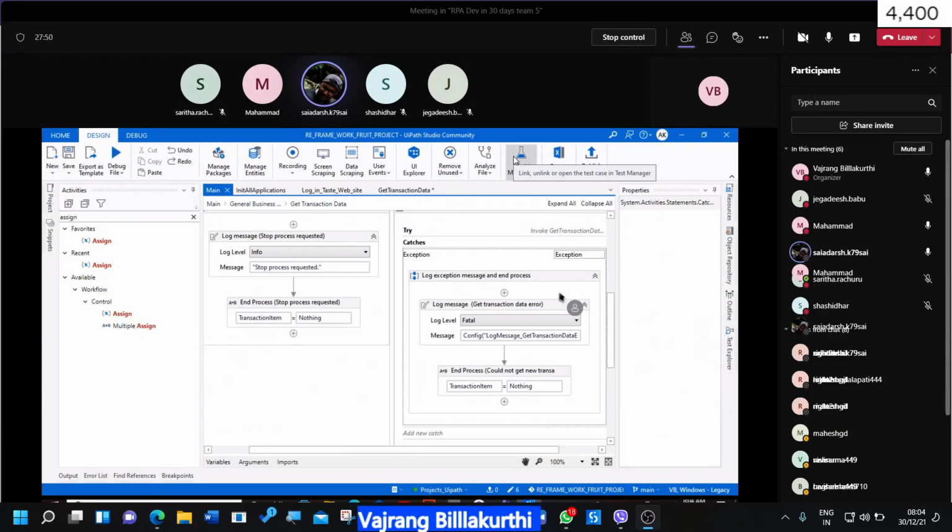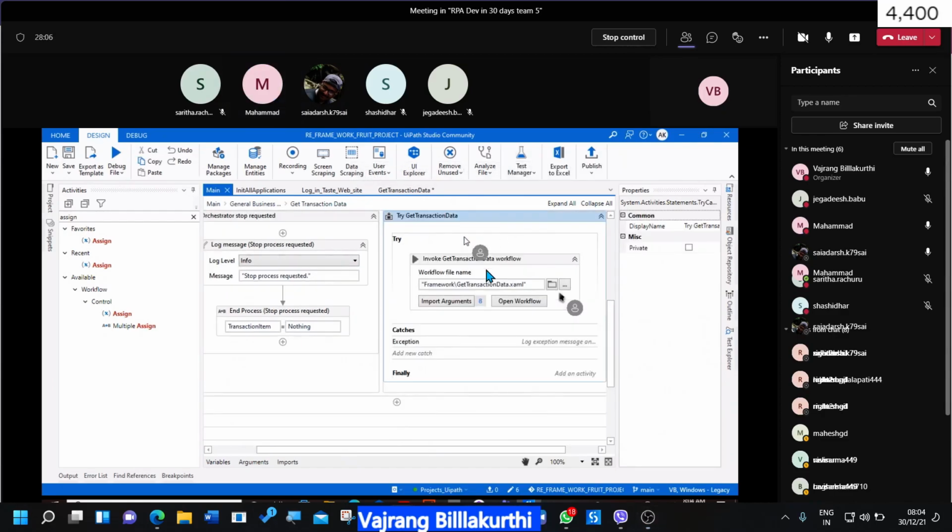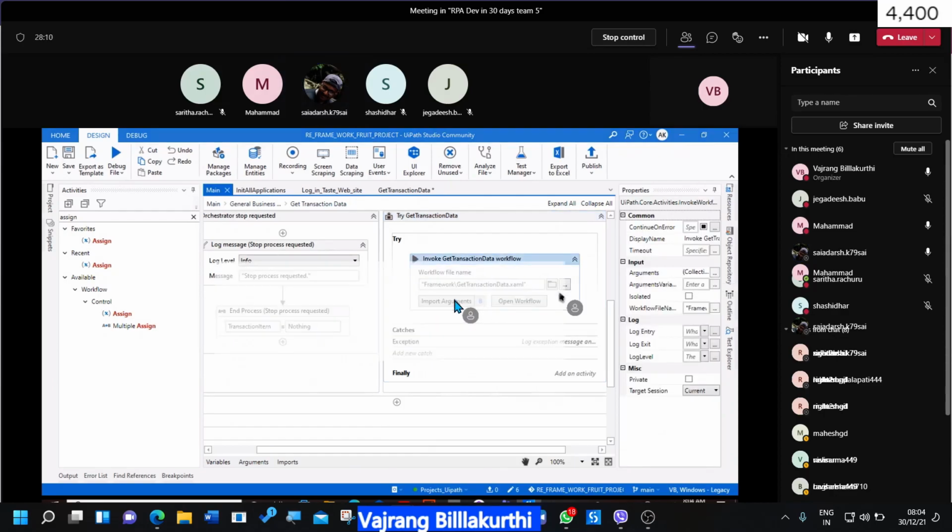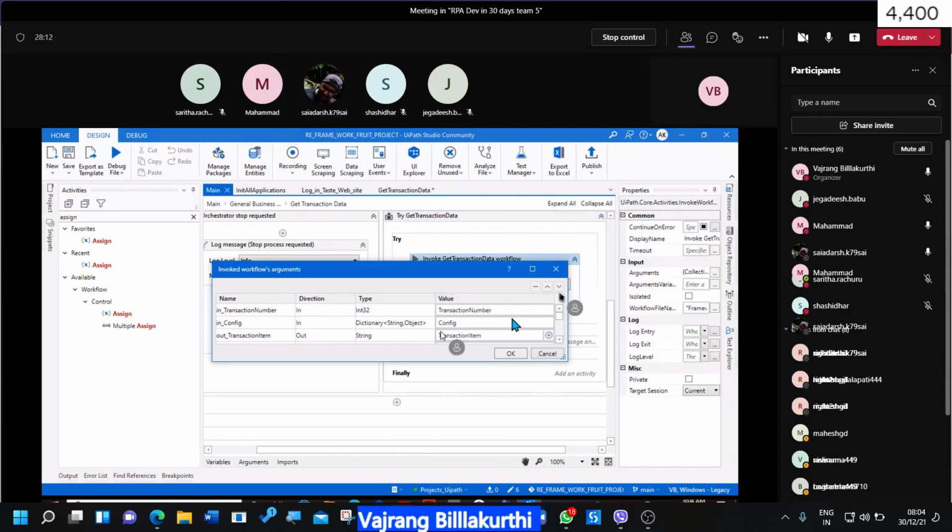Forcibly keeping an exception in the try block. Yeah, because in try you're not getting the data. So why do you need to continue? If you don't add that throw exception over there, then what will happen?